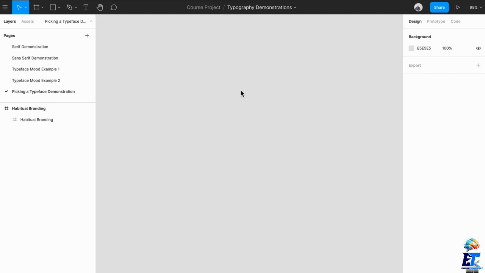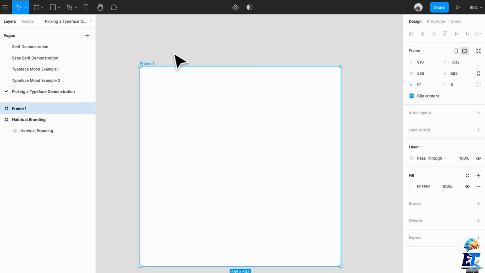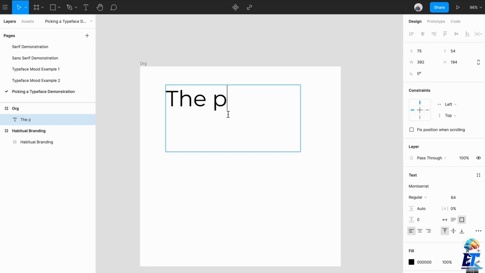Another scenario is often people come to you with just one typeface, and it happens often. Sometimes that typeface is very good. It has a lot of styles, and it just doesn't suit the tone of their product or their company or their organization. So let's come up with a little fake organization over here. So if we call something like the Phillips